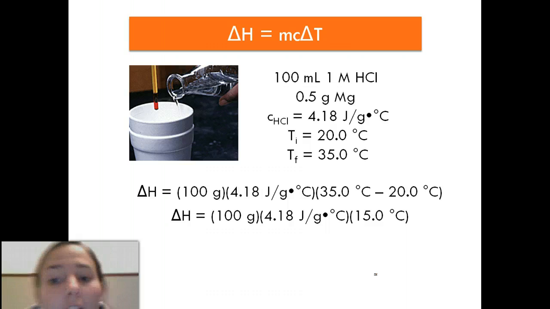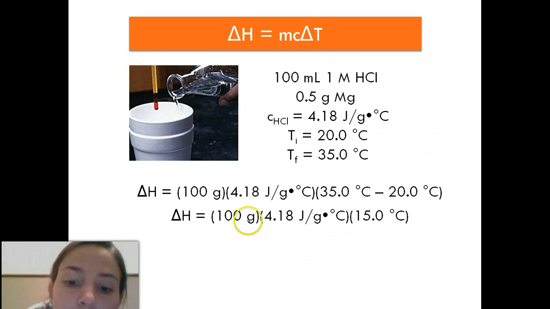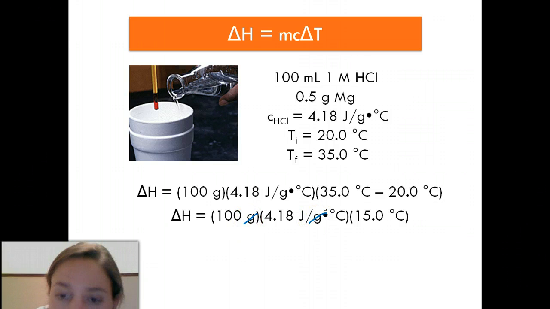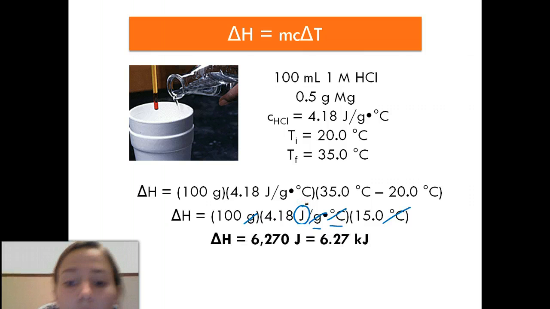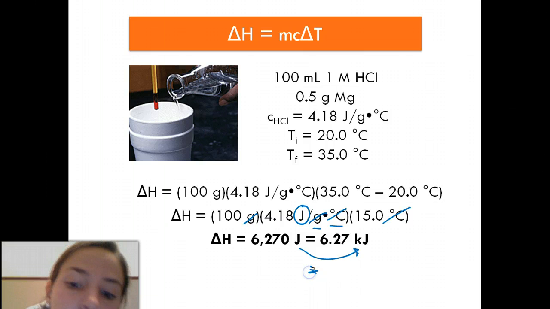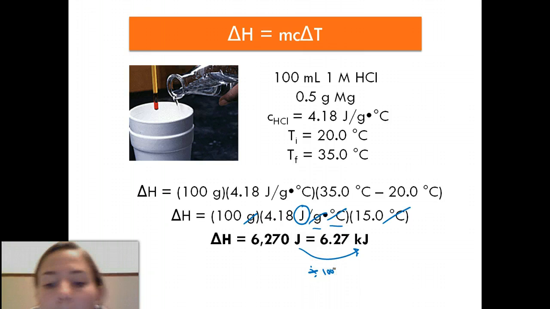We can go ahead and calculate our change in temperature, and then we can go ahead and look at our units. As you notice, the grams cancel because we're dividing by grams, as do the degrees Celsius because we're dividing by degrees Celsius. That leaves us with the unit joules. Now, we can also change joules into kilojoules simply by dividing by 1,000. Okay? And so we can see here that our delta H value is not going to have a per mole